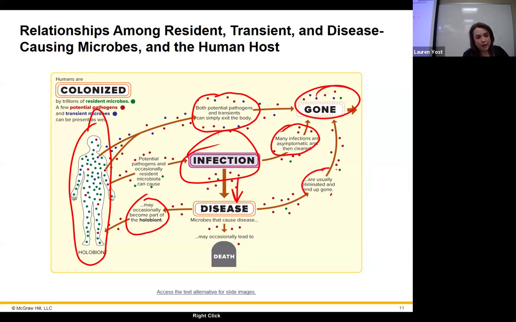Maybe you just eliminate it. You have your disease and you go to the doctor and you drink your cranberry juice and take your pills and your Azo and all of this, and you get over your urinary tract infection and now it's gone. Yeah, that's most of the time.